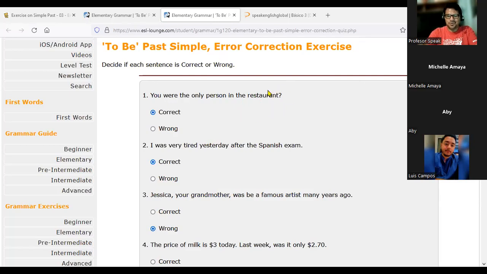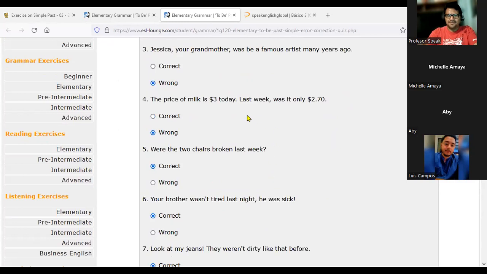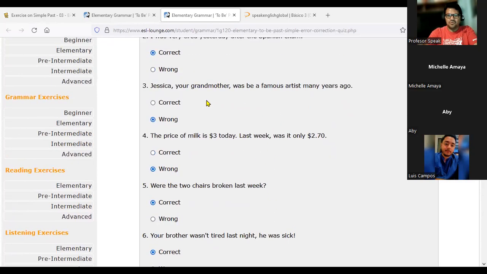You see, there's a question mark here. So this should be the other way: Were you the only? That is correct, yes. Okay, and then let's check. Oh, look, this was the only incorrect one you had. Now, why is this wrong? ¿Por qué esa está mala? ¿Por qué esta frase está incorrecta?